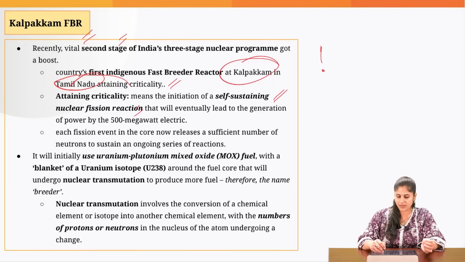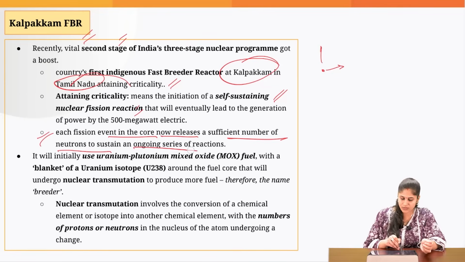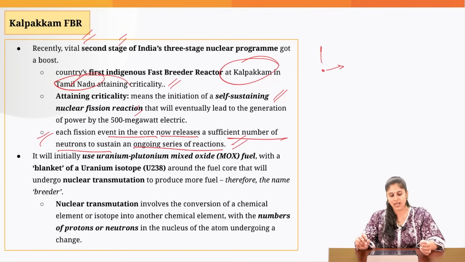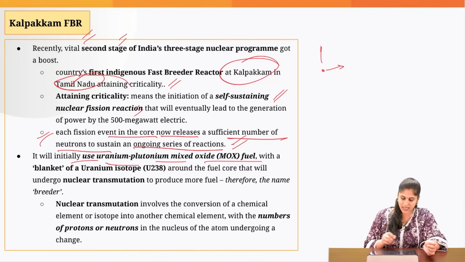Fission is when one particle breaks down into two. Each fission event in the core now releases a sufficient number of neutrons to sustain an ongoing series of reactions. And why is it known as a fast breeder? Because it produces more fuel than it actually uses. It initially used uranium-plutonium mixed oxide as a fuel, with a blanket of uranium isotope 238,